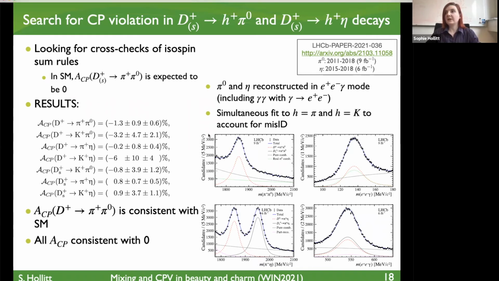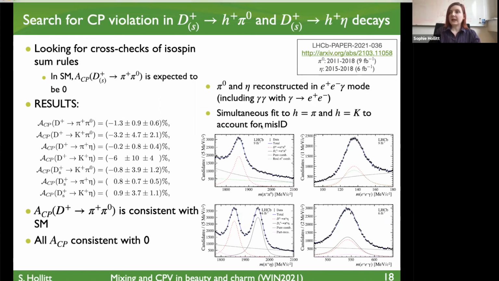So when we reconstruct the pi 0 and eta in this case, rather than just as 2 photons in the calorimeter, we look for situations where one of the photons has been converted to e+ e-, or we just look for the e+ e- gamma decay mode, which gives us nice charged tracks to look for that we can use to reconstruct the point where these decayed.